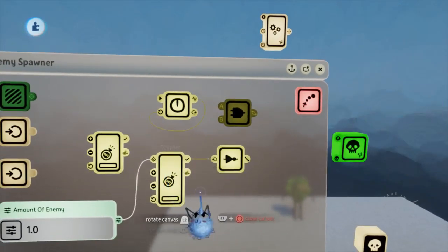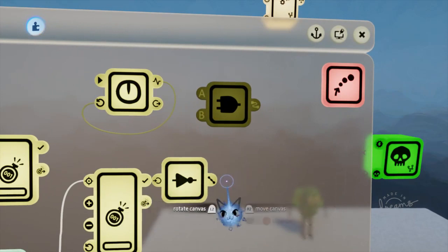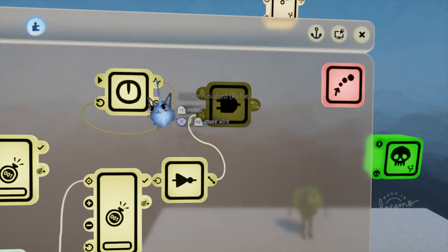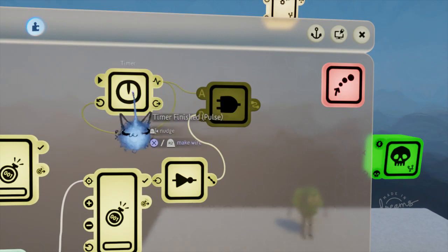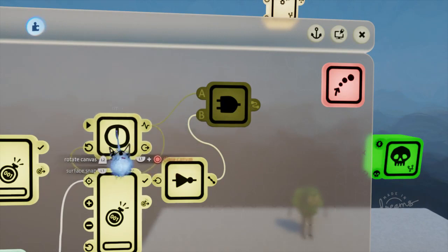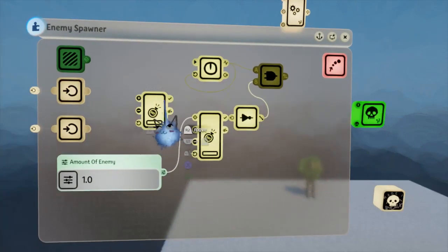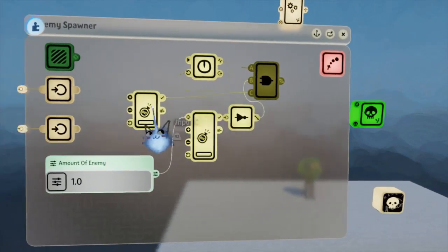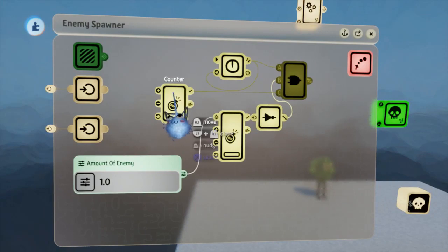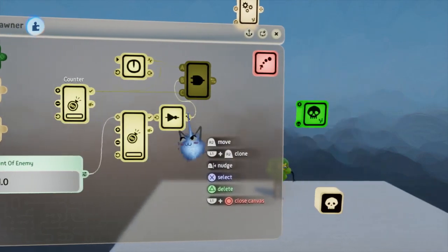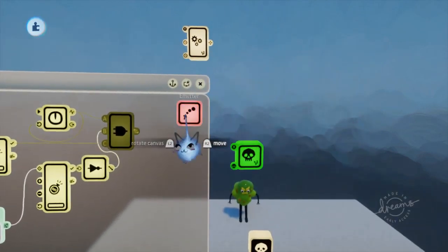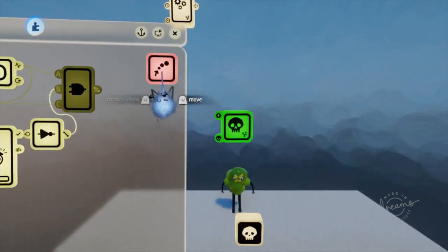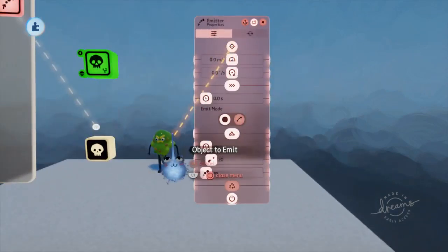And then this NOT gate is going to plug into our AND gate, as well as this timer for the timer finish pulse. And one last input is going to be our player has activated the enemy zone. And now we have a basic setup for emitting stuff, but at the moment, if we did this and just had it emit,